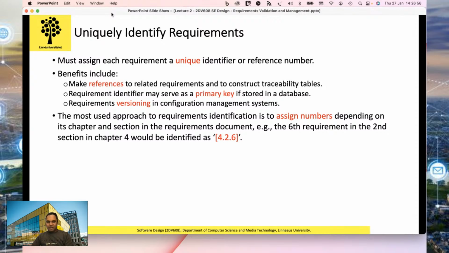And the problem is, let's say we have also 6 requirements in chapter 3 under section 2. So you might name the last requirement, or the 6th requirement from chapter 3, as 3.2.6, right? But then the problem here is the understandability problem, or the semantic problem, which is you might think,